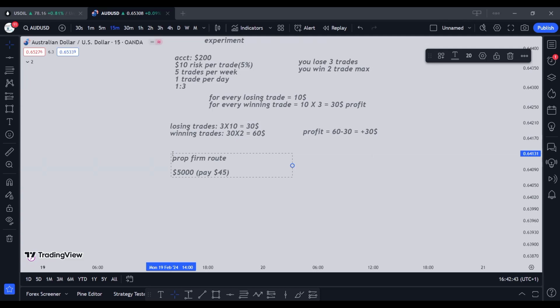So now if you have made profit from this, let's say you have $200 and you are a bad trader, you're not making $30 weekly. You cannot remove $45 from there and buy a $5,000 account. They're going to give you live accounts immediately. You'll be required to pass phase 1